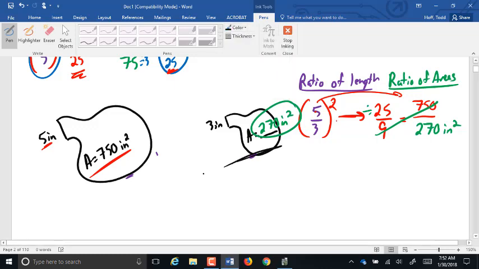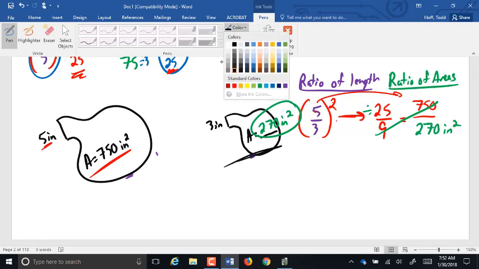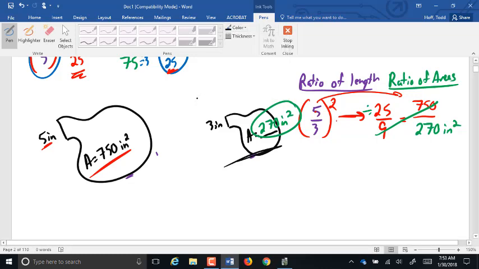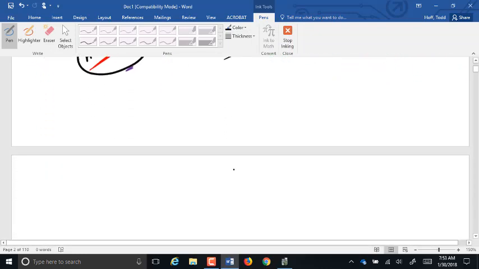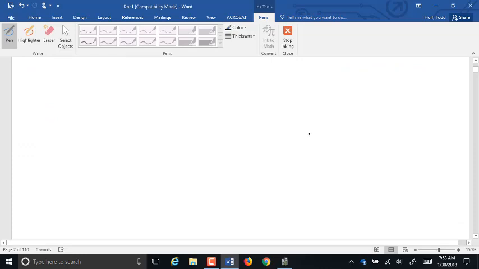When there's a figure like that where calculating the area directly is really tough to do, we can find the area after an enlargement or reduction by using those ratios. And area and surface area will work the same way because they're still just areas. So if I have an object